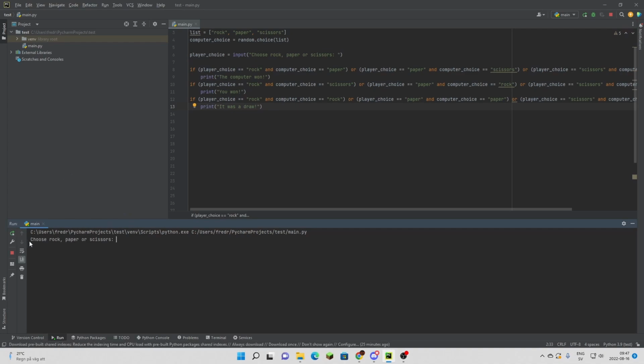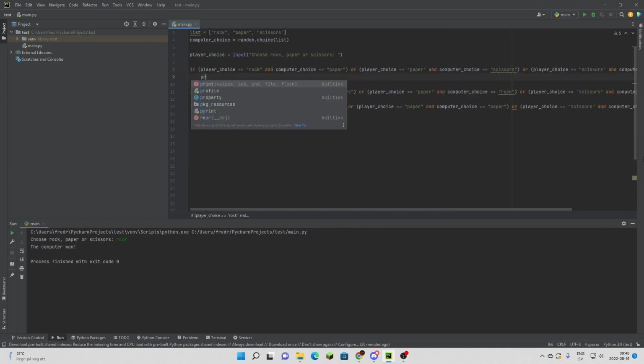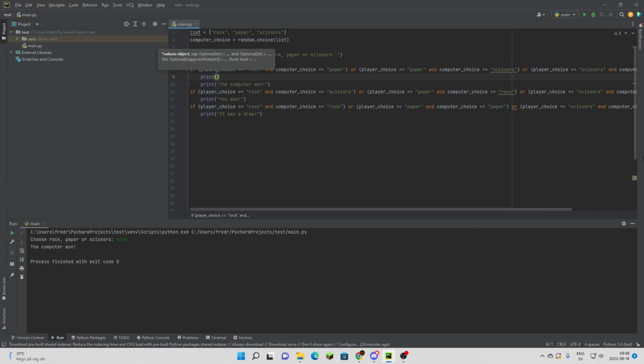we see there that it wants us to choose rock, paper or scissors, and we'll choose rock maybe. And then we just get the message that the computer won. So then we actually know that the computer chose paper, but we might want to write out that the computer actually chose paper. So we're going to write another message in here. We're going to print the computer